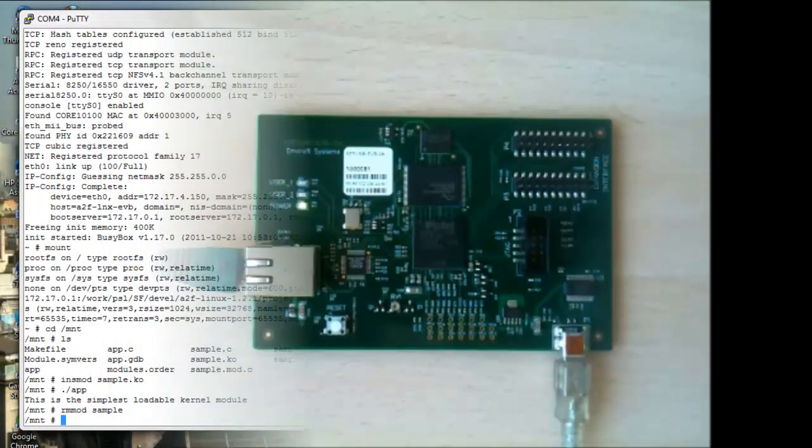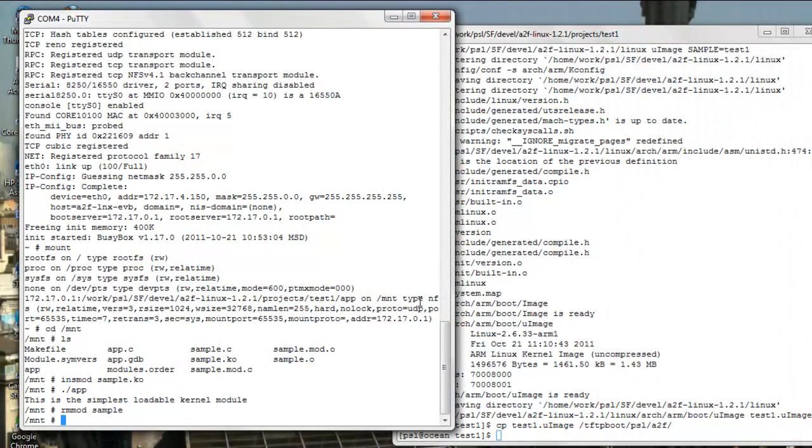The first step is to update the Libero project for the A2F LNX EVB board and to add an appropriate GPIO IP block to the FPGA logic. In this demo, I'm not going to show how to use the Libero IDE or how to modify a project's FPGA logic. That can be saved for another demo. Let's just assume that I have updated the Libero project for the A2F LNX EVB board in such a way